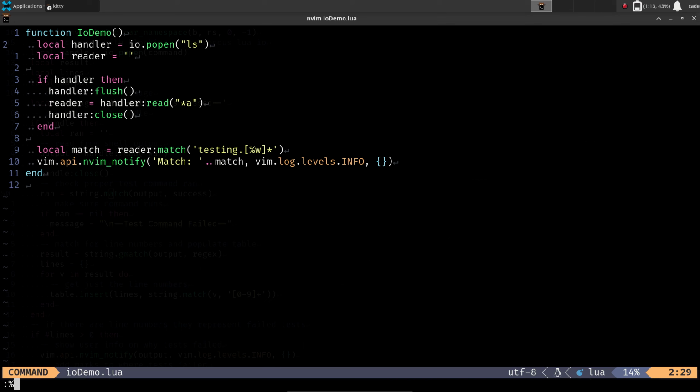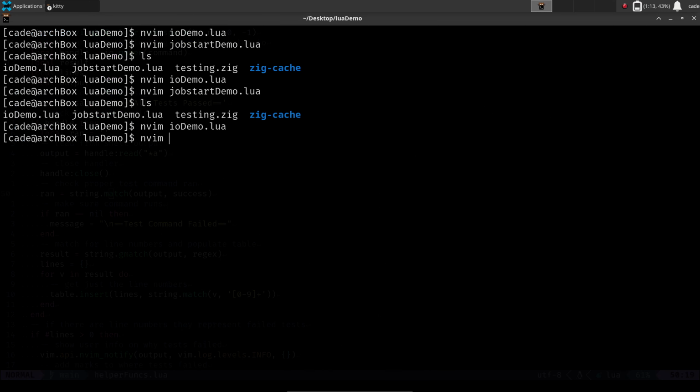So just to show what it's like when you don't have a sleep function, it's pretty quick if you're using simple commands. You're not doing anything too in-depth where you're worried the command might fail, or if you know the output doesn't work, then I'd switch to jobstart. So if I go back here,